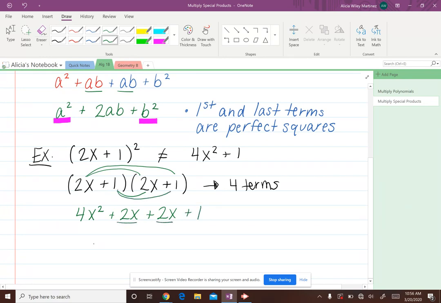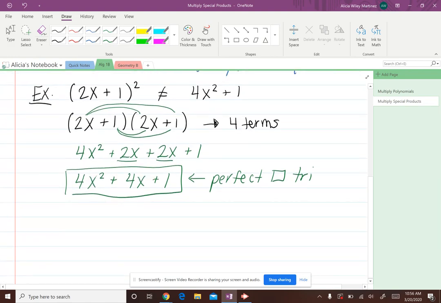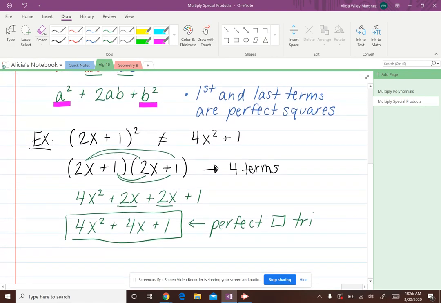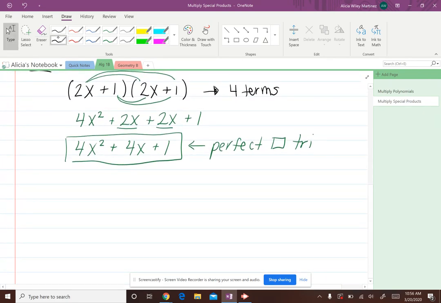Combining your like terms, you would get 4x squared plus 4x plus 1. And this is what we call a perfect square trinomial. The next special product is going to be what we call